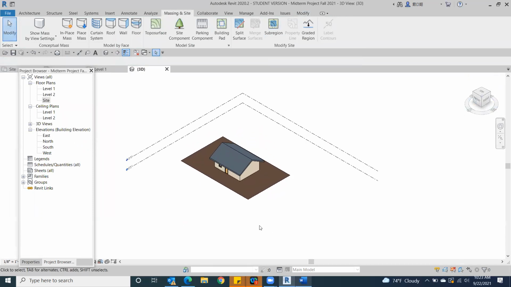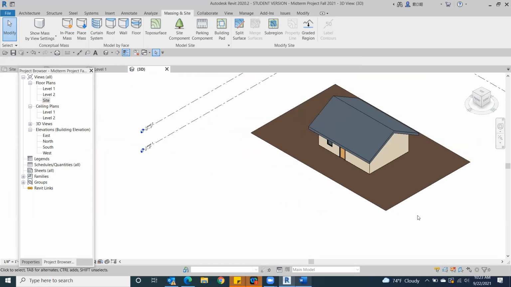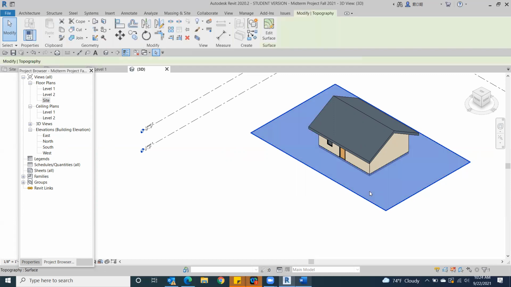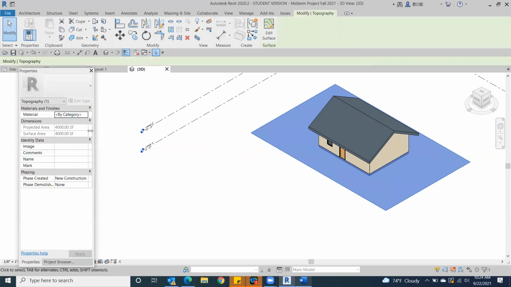And we've got something that looks like this. So we've got our site coming into place, which is really nice. Well, we don't necessarily want it to be dirt. So we want to make a grass material and create this as grass. So if we click on this, the site, and make it active, when we jump back to properties, you'll notice